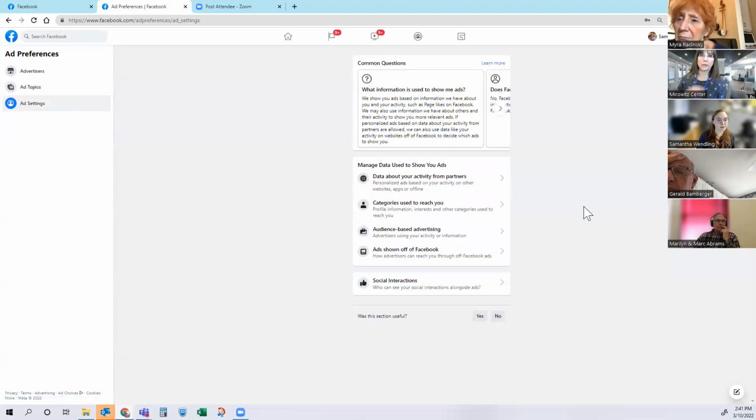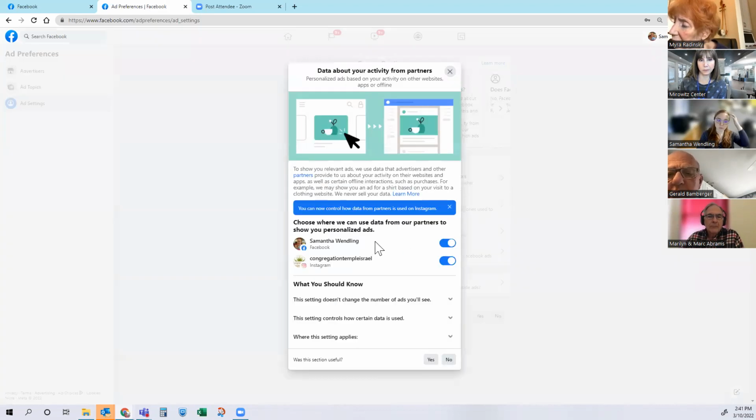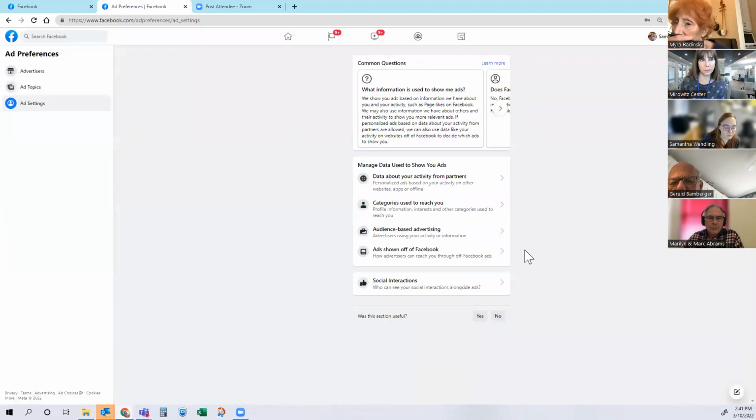And then finally, ad settings. This is kind of the same thing as the data sharing, but it can get even more specific, and you can kind of hone what information companies and brands are using to target ads to you. So I can choose... I'm not going to go into all of these sections because it can get really particular, but let's see. I'm going to choose